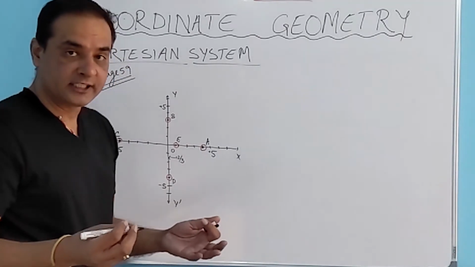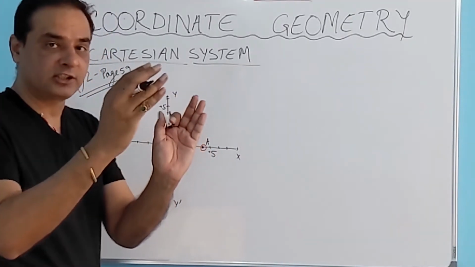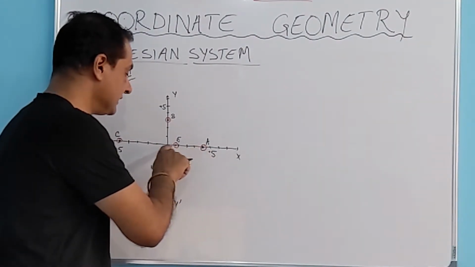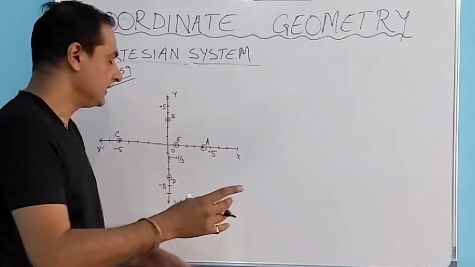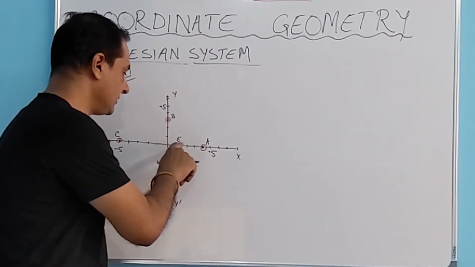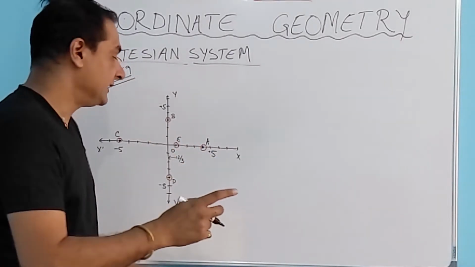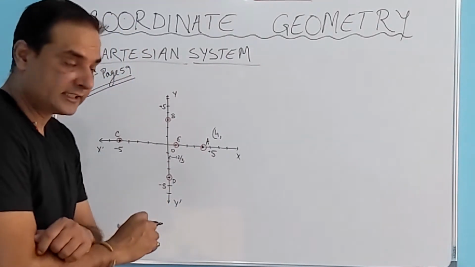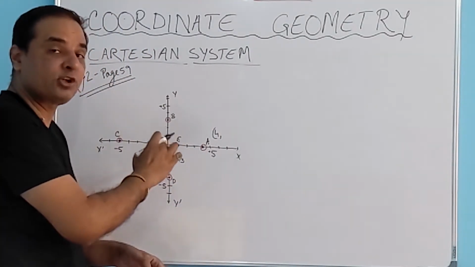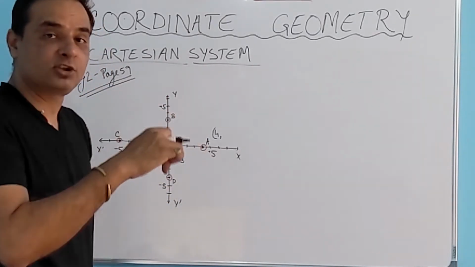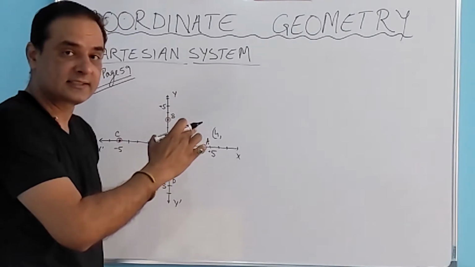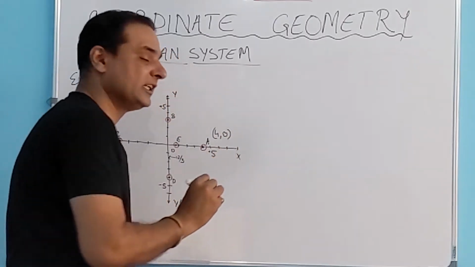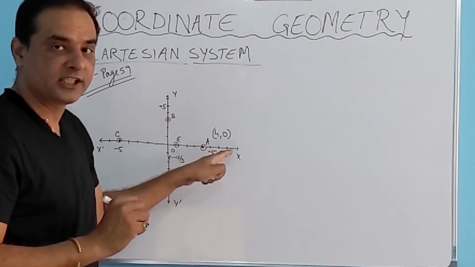So how do we write the coordinates? We write x coordinate, y coordinate, and we put that in bracket. So what is x coordinate? It's the perpendicular distance from the y axis. So if you look at 1, 2, 3, 4, x coordinate is 4, we write 4, and then we are looking for y coordinate. Y coordinate is the perpendicular distance from x axis. So if you see, this point lies on the x axis. So distance from x axis will be 0. So this will be the y coordinate, and we put that in a bracket. So these will be the coordinates for point A.